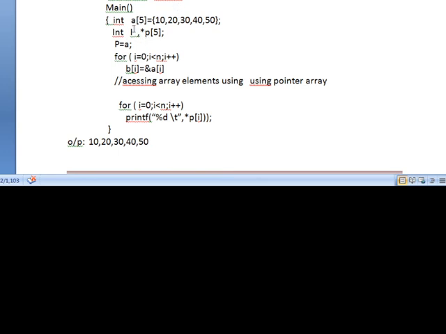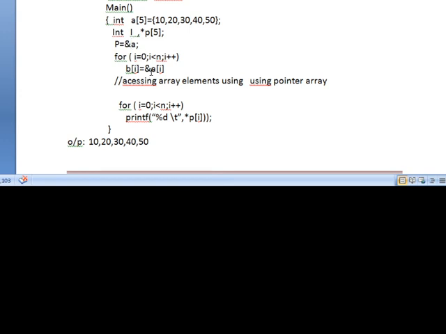First assign the array address to A. Now P points to the starting address of A. In that case, first we have to assign the array elements' addresses using the pointer array. So first assign the addresses. When i is 0, the address of A of 0 is stored in P of 0.